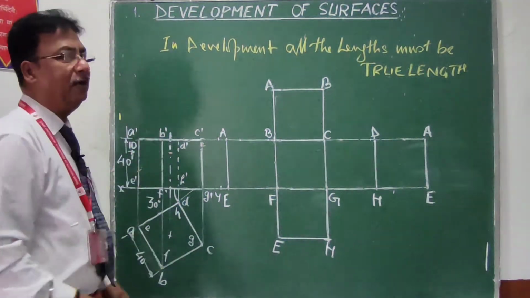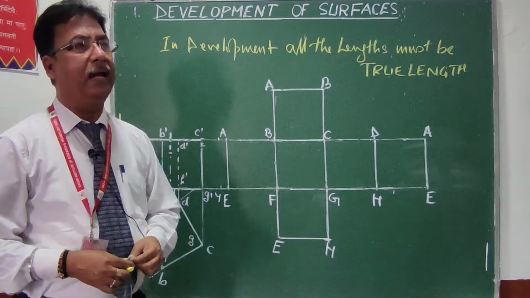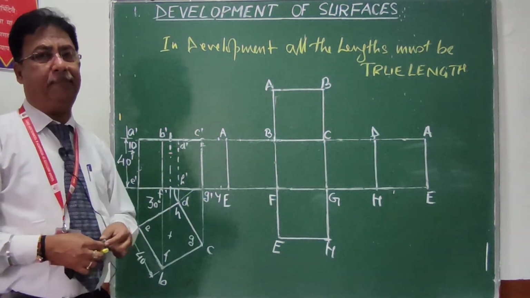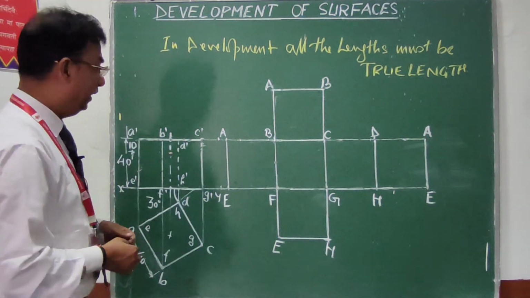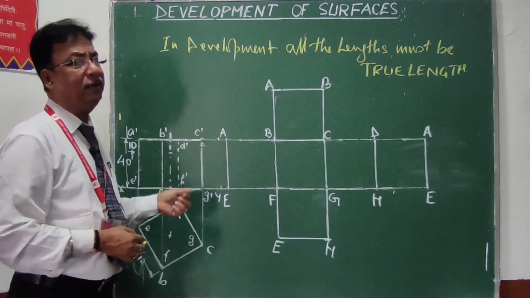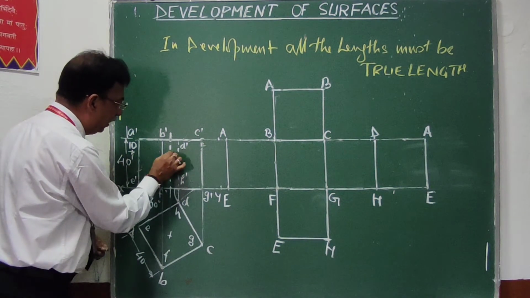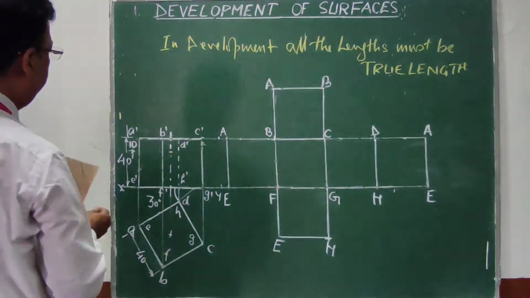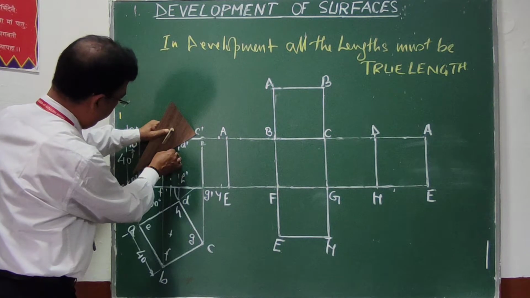This solid will be cut by a section plane. I am going to cut this solid by a section plane, and suppose the position of the section plane will be like this. The section plane will be perpendicular to VP and inclined to HP by 30° and passing through a point on the axis 10 mm from the top base. So from this top base already I have marked a point at 10 millimeter, and from this 10 millimeter point I am going to cut it by 30-degree angle, which will be like this,